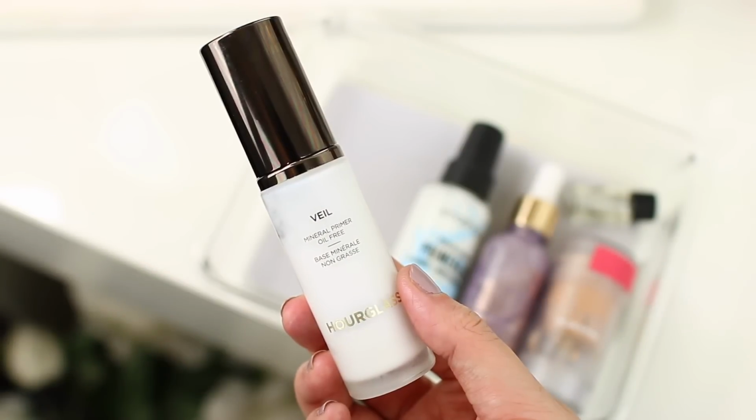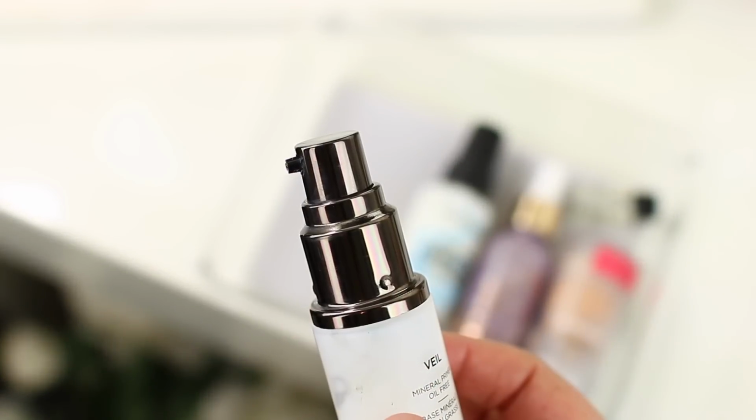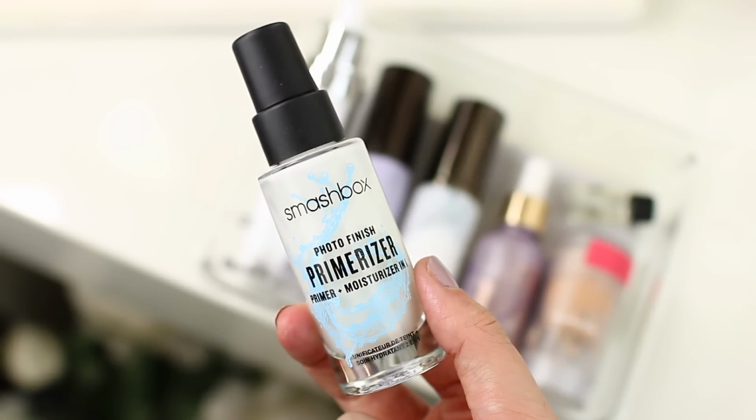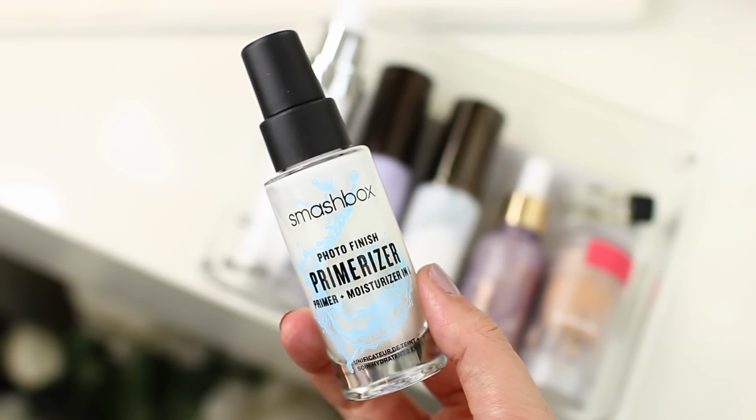Then I have my Hourglass Veil Mineral Primer, which is a good option when I just want my skin to look really flawless. It's smoothing, it's mattifying, and it's really lightweight on the skin, but it's just an all-around good primer. And then of course I have my Smashbox Primerizer, which is my go-to primer, especially during the fall and the winter,